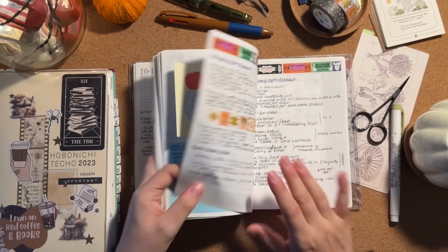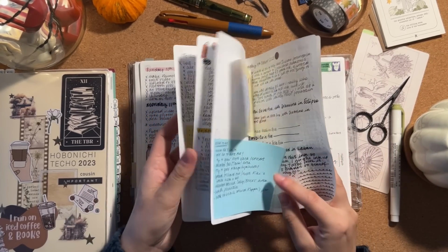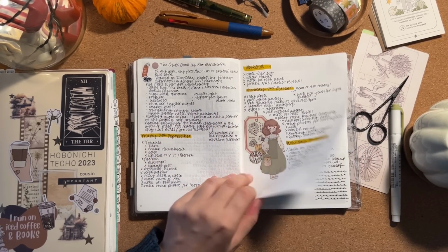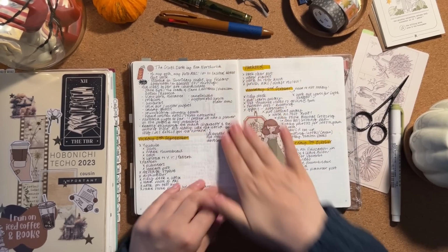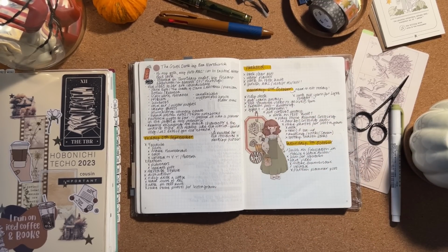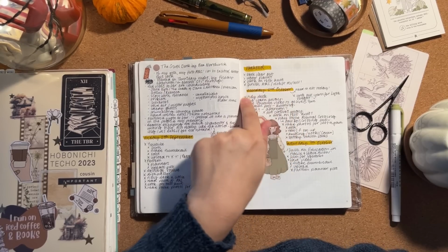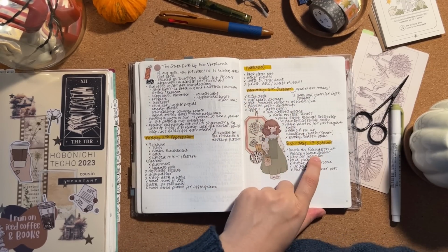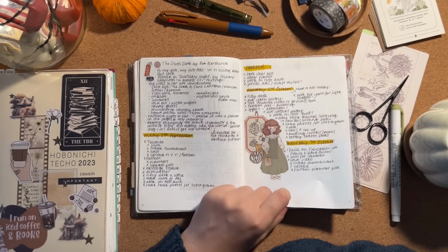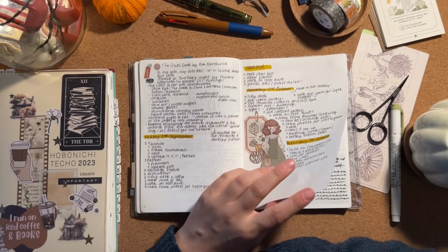So let's see, I don't use these back pages as much as I did when I first started the planner. But we've got a fair few pages in here, so let's see. I've got just here daily lists. As you can see, I don't use these every day. So here is Monday, and then the next day I write down in here is Saturday. So yeah, it really depends how much I need to do, or what days I'm off or what days